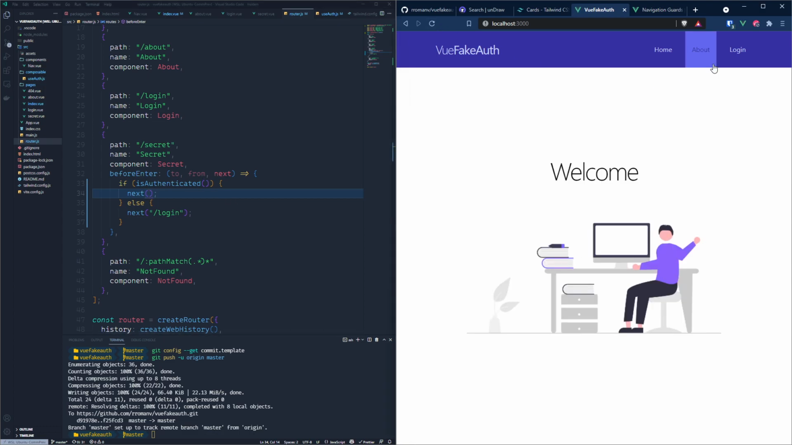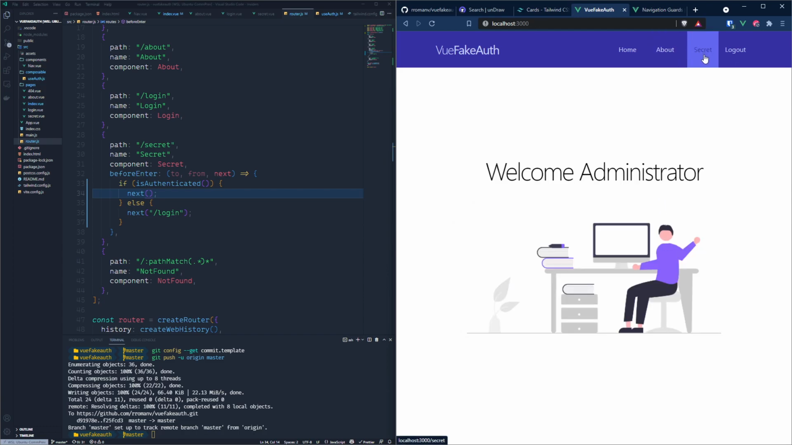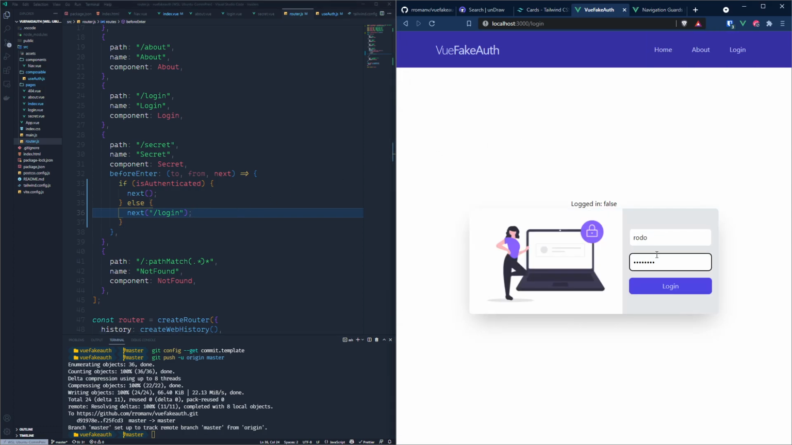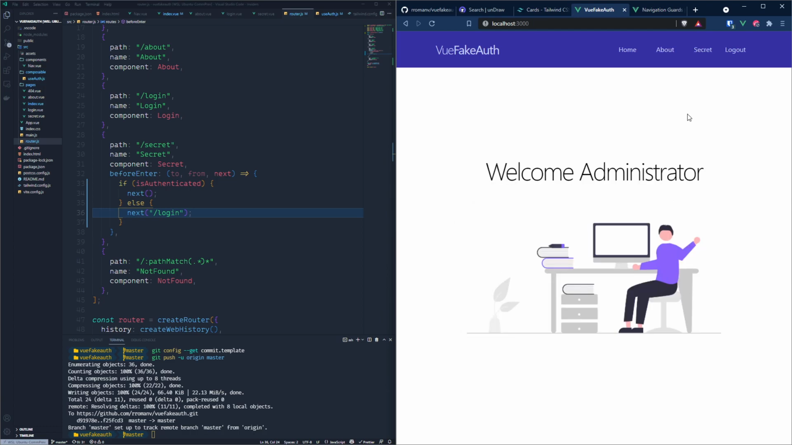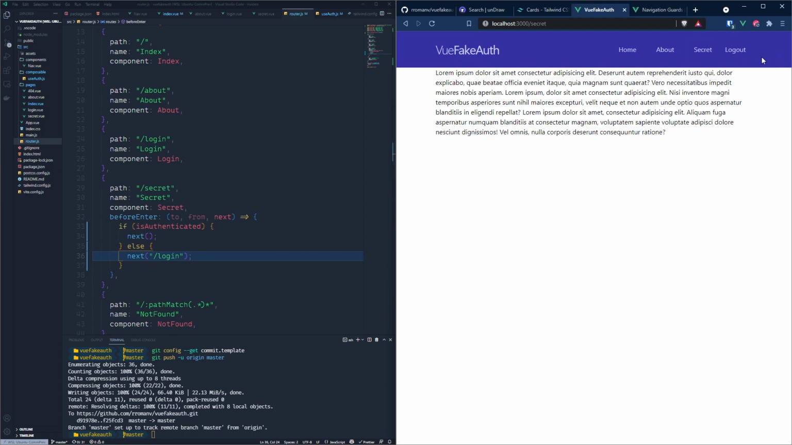Let me just refresh just in case. Login, admin, secret, it is not going. Oh, isAuthenticated is not a function. Sorry for that. Admin, and now I am able to see the secret page because I'm not authenticated and I'm reading that from my user authorization, right? And that way, when I did the login, if I do log out,